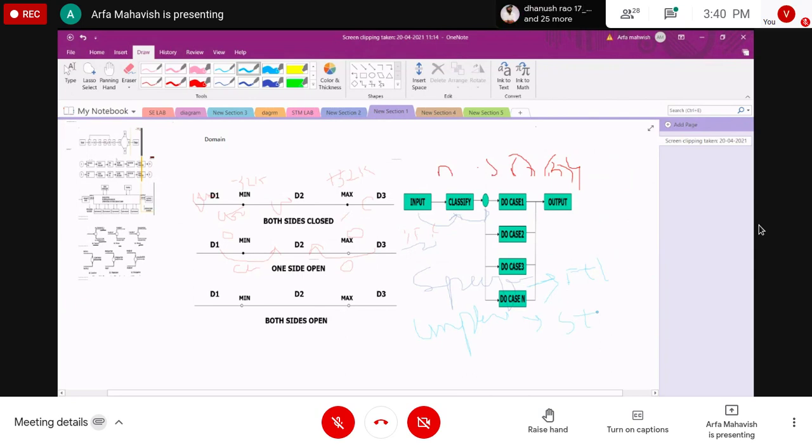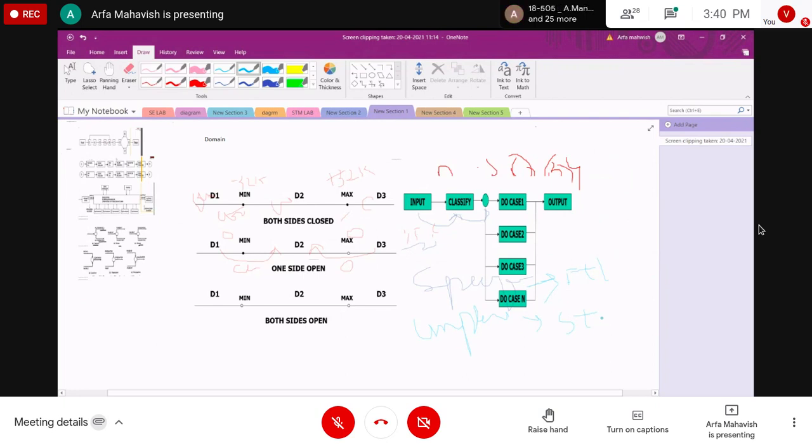The domain testing checks whether the classification is correct or not. As per the classification, these cases will be done, and as per these cases we will get the output.